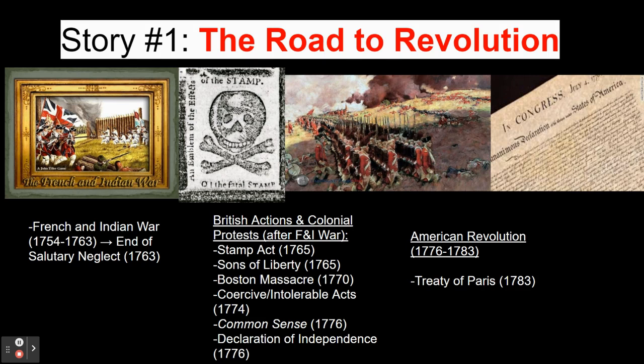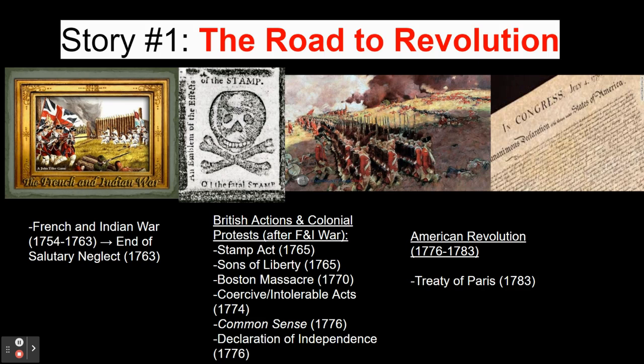Now, a third major cause of the American Revolution was the growth of Enlightenment ideals within the colonies. Even as tensions grew between Great Britain and the colonies, most Americans did not want independence. They still saw themselves as loyal British subjects. But as time goes on, many colonists are going to start to move away from reconciliation and are going to see more and more of these events, like the ones that are listed here, as violations of their natural rights.